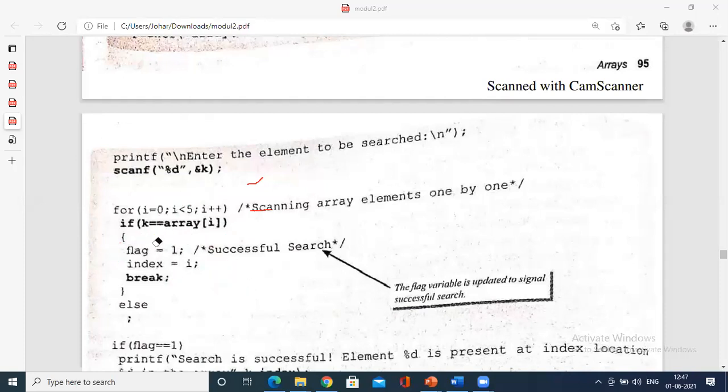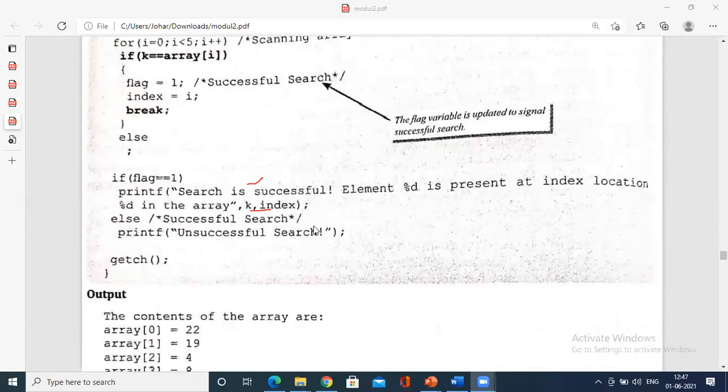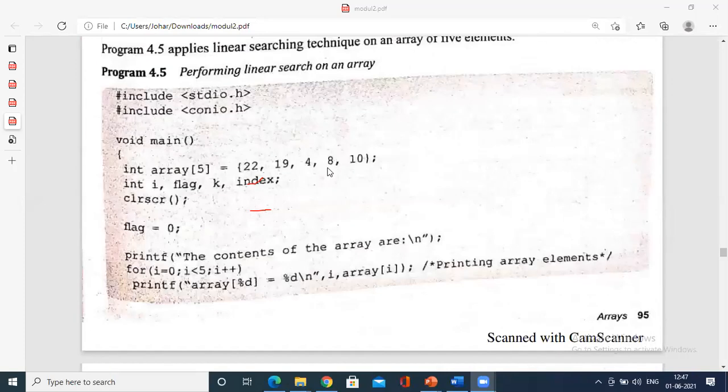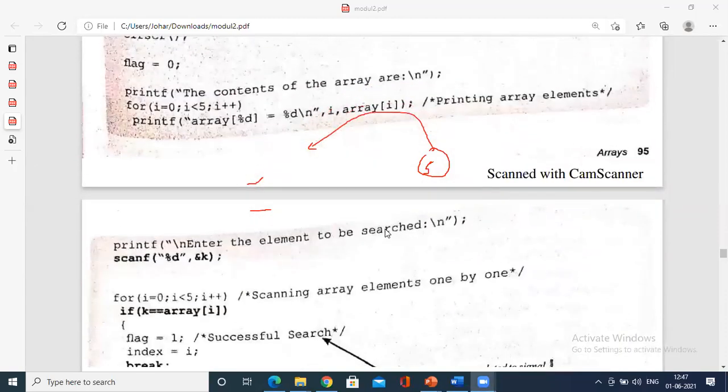So if it is found at i equals 2 itself, it will break, and you print that particular position saying in which position the element is found. Imagine the element you have entered is, for example, 5. Whether 5 is available over here? 5 is available? No. At that time what happens? This for loop will simply continue till the end.